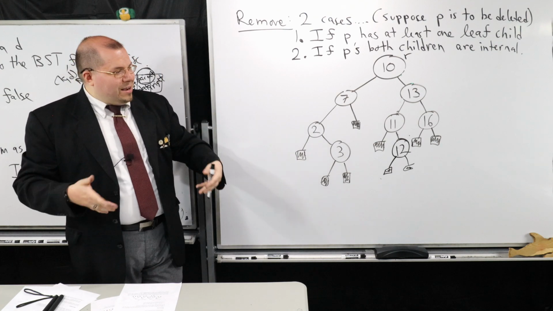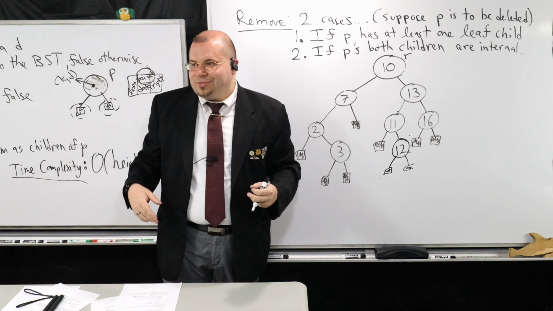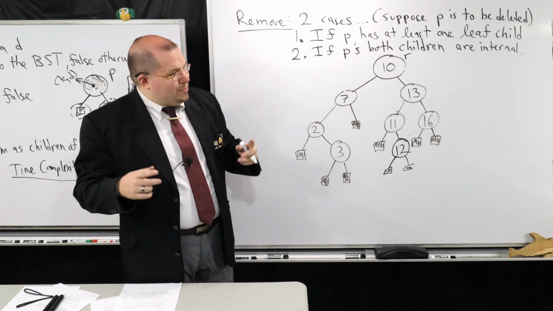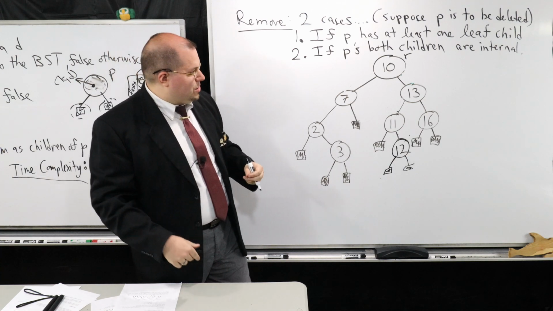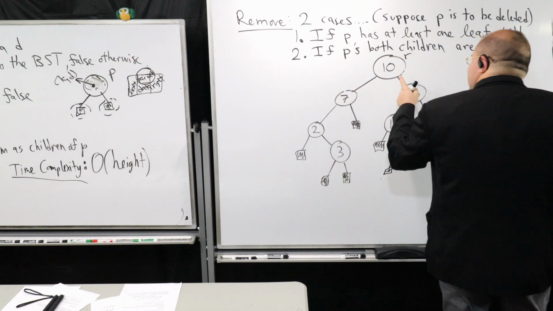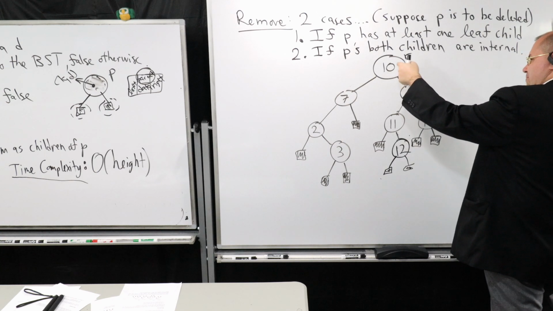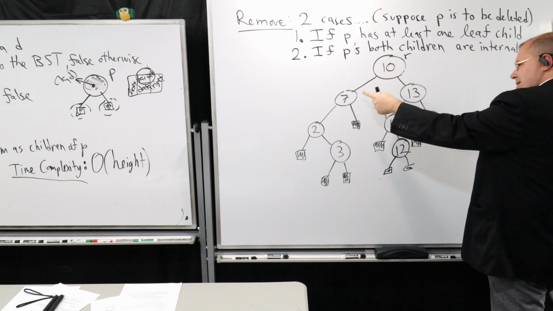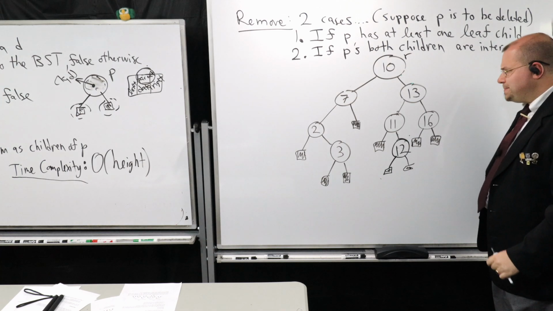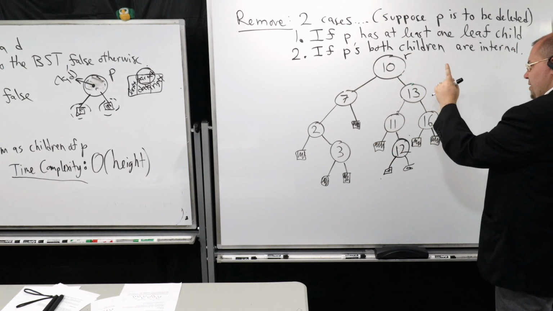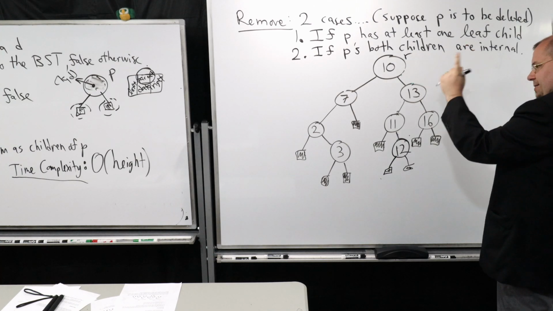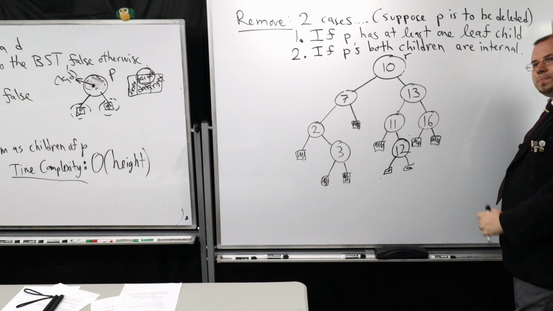We use this idea very often in algorithms and data structures. We've used this idea before, but we're going to see that it is very helpful when we think about the present state of the data structure. So I want you to think about this. If I were to list these out in order traversal, I would have 2, 3, 7, 10, 11, 12, 13, 16, right? It would come out in sorted order.